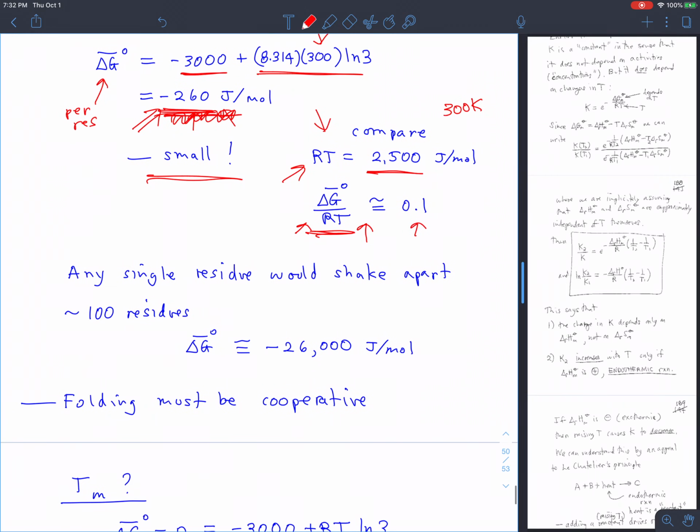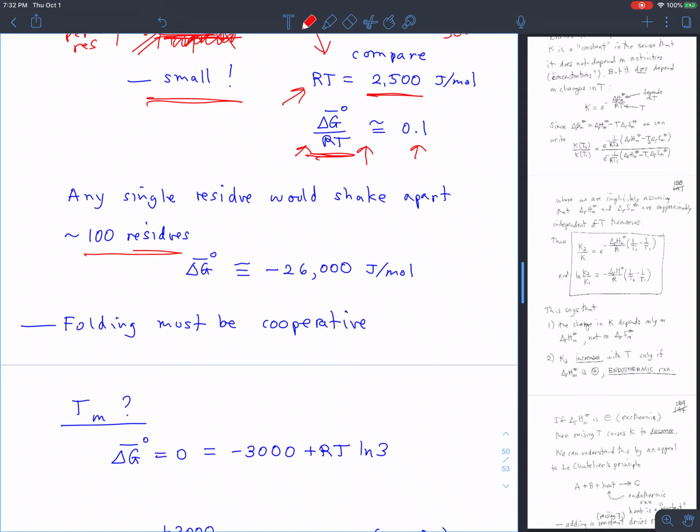What that means is that you've got to get a whole bunch of residues folding at once in order to get a big enough delta G, a big enough favorable delta G, so that it doesn't just shake back apart from thermal energy in the next instant. And so, if you've got 100 residues in your protein, and they all fold at once, so the protein goes from completely unfolded to completely folded all in one step, and it more or less does a lot of the time,